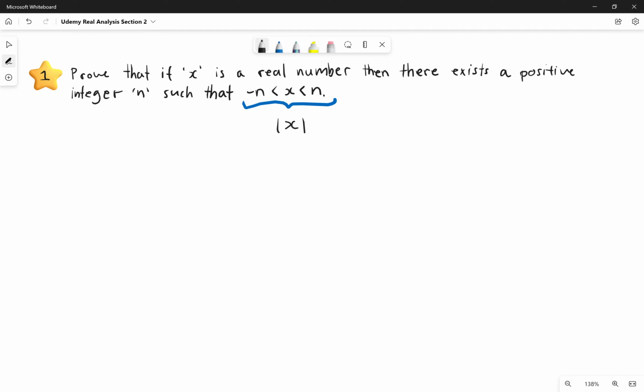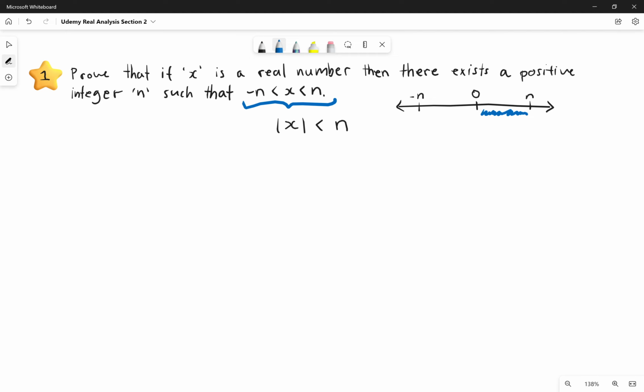of x is less than n, because on the number line, and we've done this for the section 1 questions as well, if x is here on the number line and you've got an n and a negative n, hold up, I'm gonna change that to 0. Okay, if that's 0 and you've got n and negative n, and you choose some x in this region here,